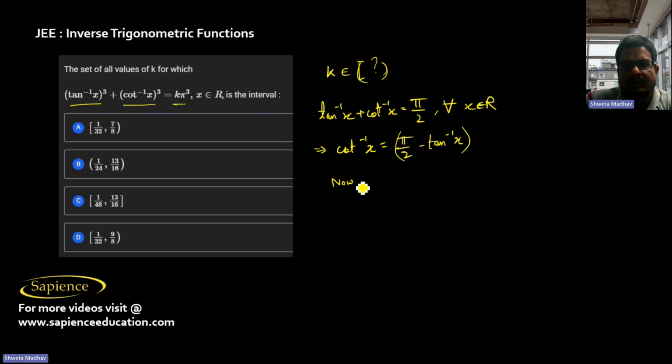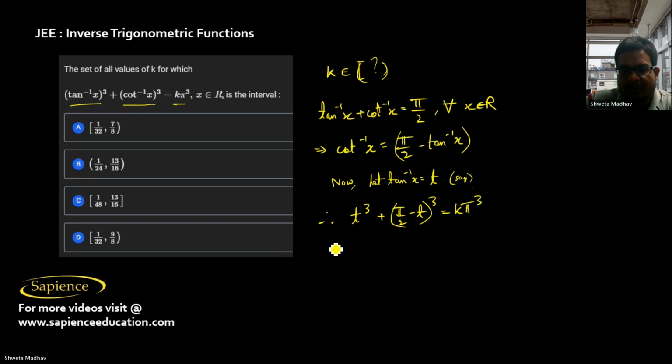Now let's say tan inverse x is equal to t. So therefore the given equation we can write as t cube plus (pi by 2 minus t) whole cube equals k pi cube. So this will be t cube plus